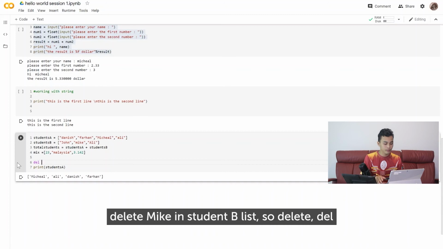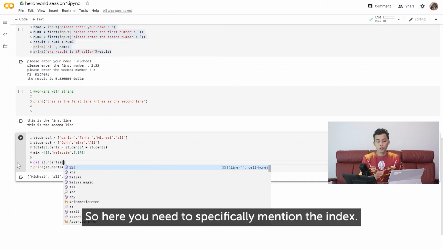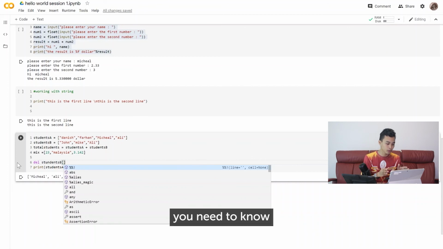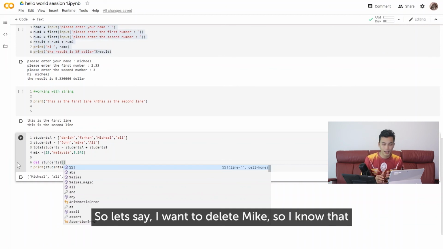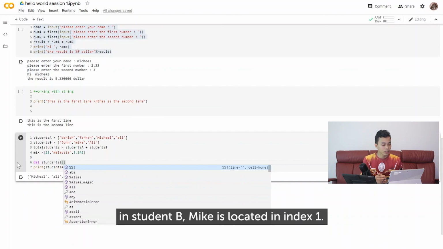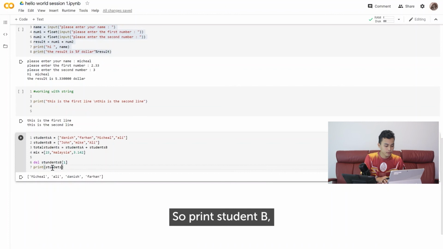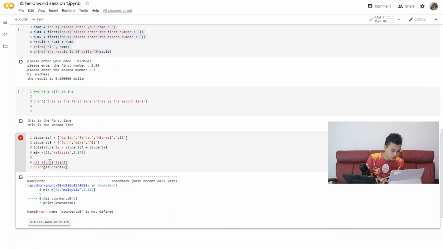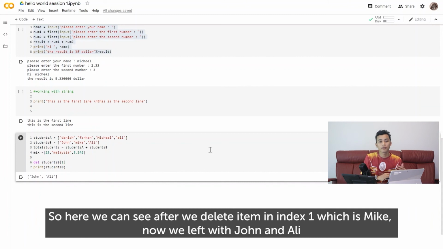So del student B, and then open square bracket. Here you need to specifically mention the index. If you use the del function, you need to know the item index. If we know the item index, then we can directly use it. Say I want to delete Mike, and I know that in student B, Mike is located in index 1. So I just mention it: student B, square bracket 1. Then print student B. Here we can see that after we delete the item in index 1, which is Mike,